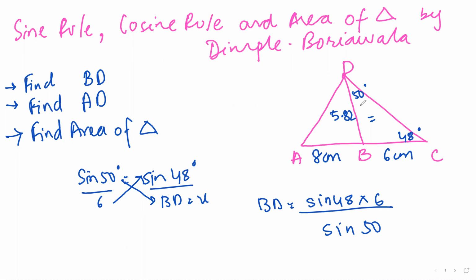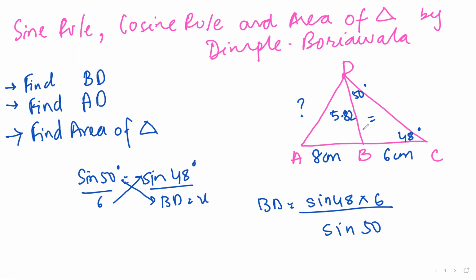Right? Now what they have said, AD. I have to find this AD. In order to find AD, I know that this AD is my A. That is my subject. Now, see, I have got two sides. If I want to apply my cosine rule, definitely I cannot apply sine rule here because I don't have any degrees with me. But I can definitely apply cosine rule here.